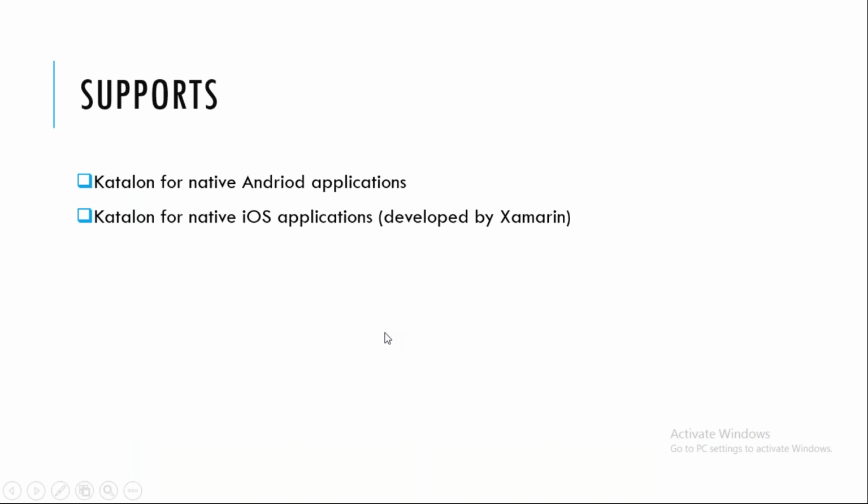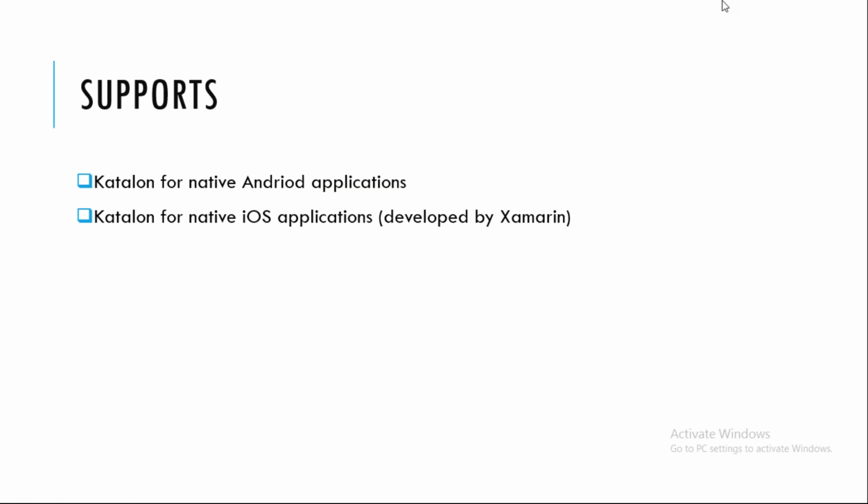Now, Katalon can be used for native Android applications and it can be used for native iOS applications developed by Xamarin. Now, iOS applications, if you want to test, you need to have Katalon in your Mac systems, and you need to have the configuration of Katalon on the Mac system. That is what you need. Okay. You can test your Android application as well as iOS application in a Mac system. Okay, but if you want to test Android applications,